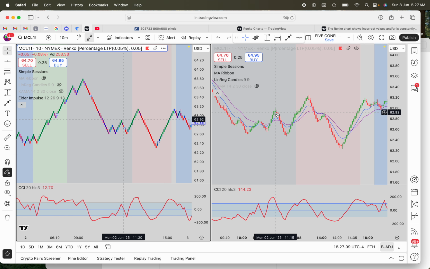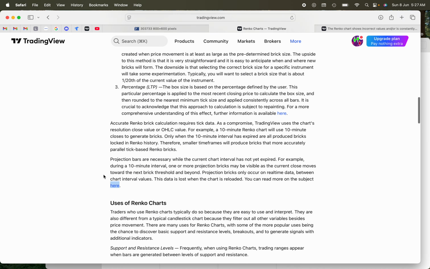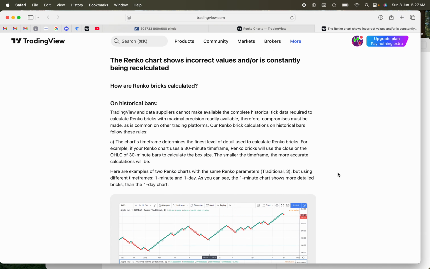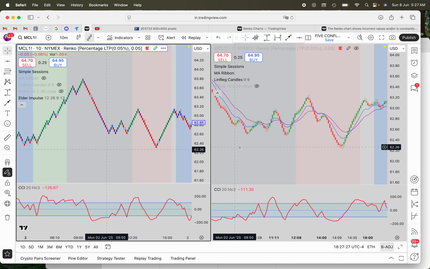If you don't know anything about Renko, there's information obviously on the web. Just type in Renko TradingView and it will come up with some information. I've just found a couple of pages here on the web. Renko should be only, it's not time based, okay, it's price based, so it will only go up or down based on your settings. However, for some strange reason in TradingView, it's time based as well,